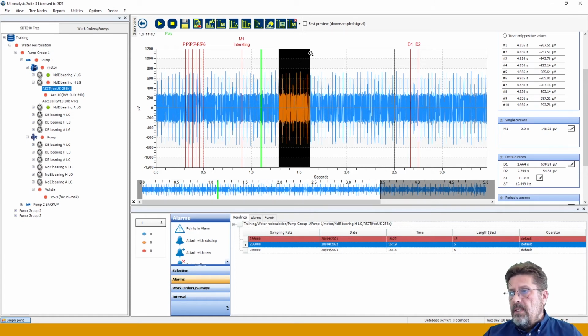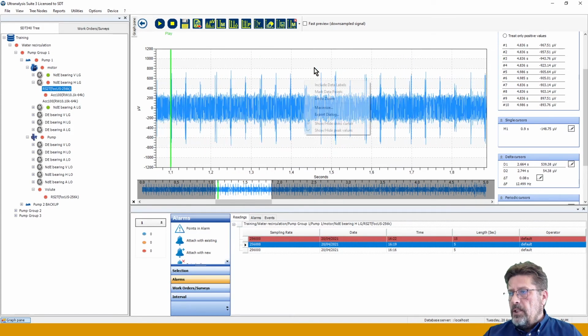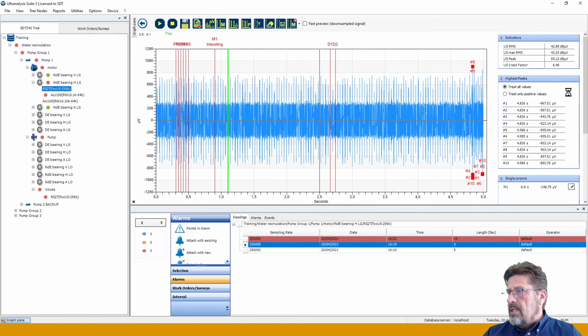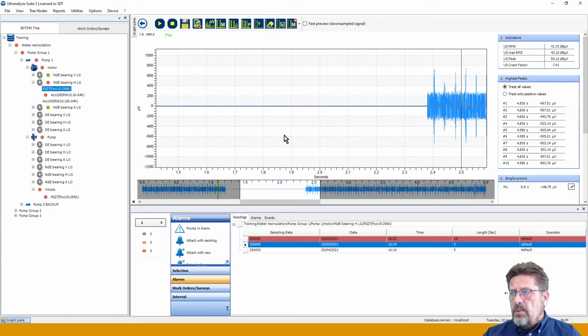I will select a certain part of the signal. Okay, just let me show you something first. What you need to pay attention to: you can see right now my RMS is 42.88. Just try to visualize and remember these numbers. So if I select this part and say, okay, set amplitude to 0,